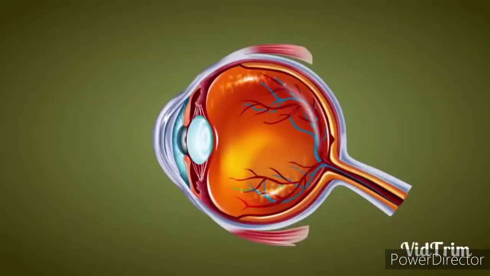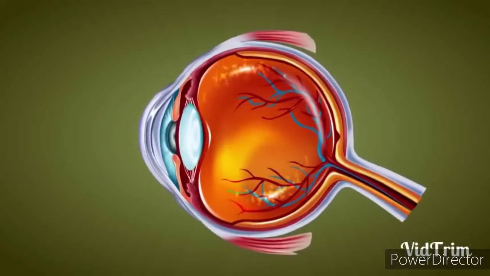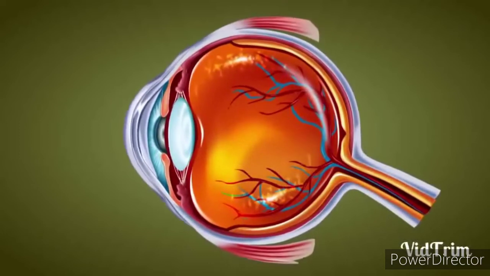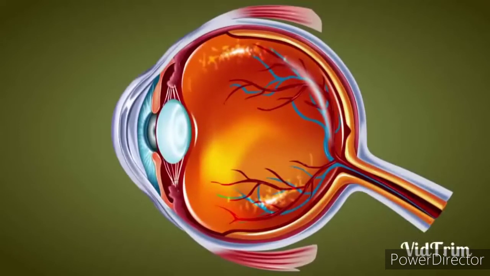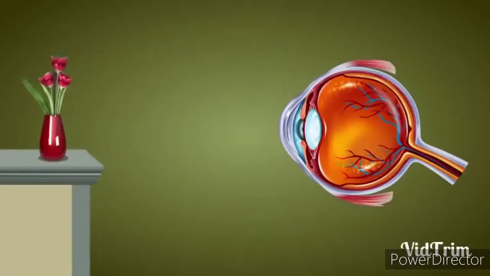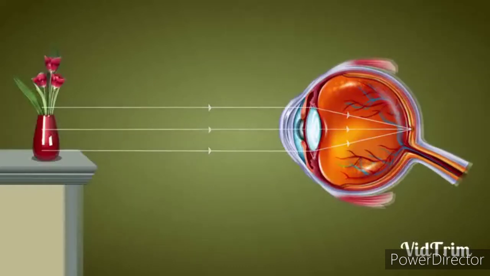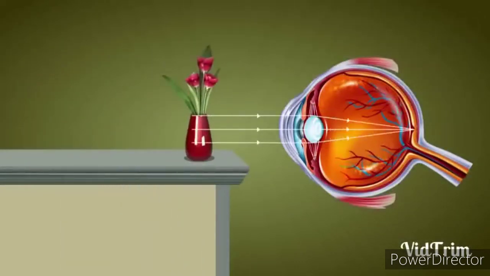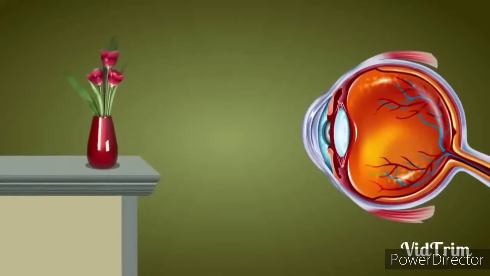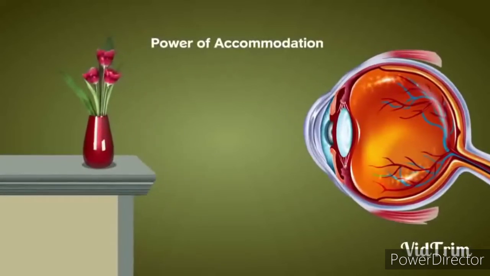Behind these, there is a transparent structure which is colorless and is known as lens, eye lens, which is held in position with the help of the ciliary muscles. With the help of the ciliary muscles, lens changes its curvature to see far off and nearby objects. While seeing the far off objects, the lens decreases its focal length and forms the image on retina. And to see the nearby objects, the lens increases its focal length and converges the light on retina. Ability of the lens to adjust its focal length with the help of ciliary muscles is known as power of accommodation.